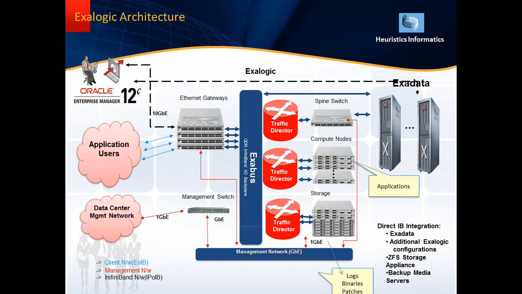this client network is used for outside traffic, whatever traffic is coming from outside of the data center. That traffic will come through the client network. If you closely observe the blue lines over here, the application users interact with the gateway switches. This is called the client network, where the outside traffic is coming in,